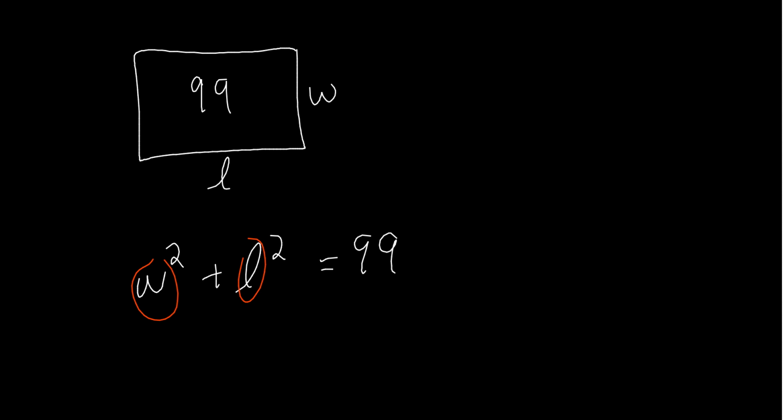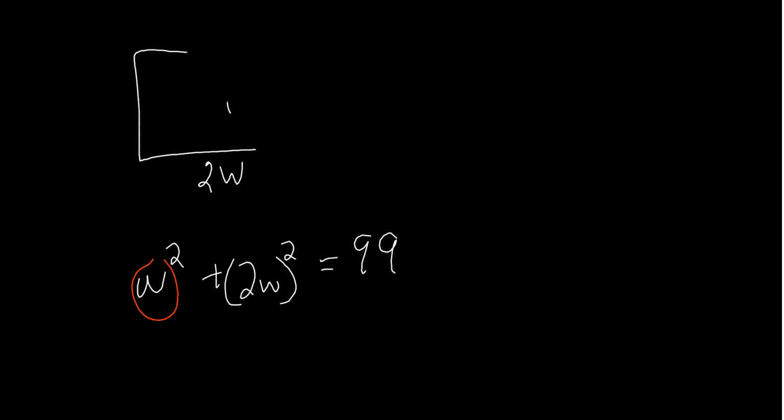So in our problems, we might have heard something like the length is 2 times the width. Well, that's cool. So what we would do here is say the length is going to be 2 times the width. That means I can change this L squared into 2w squared. Now it becomes a problem that we can solve because we have only one variable. All right, so with that concept in mind,